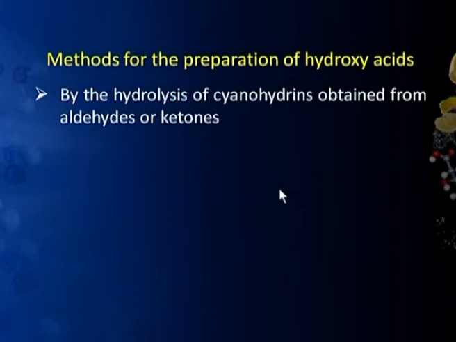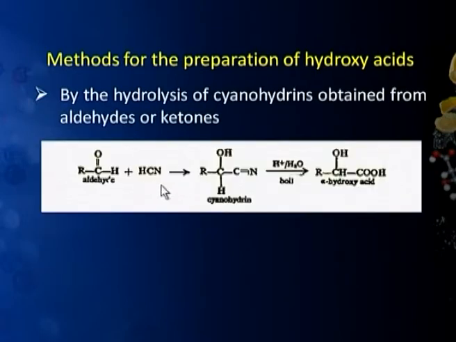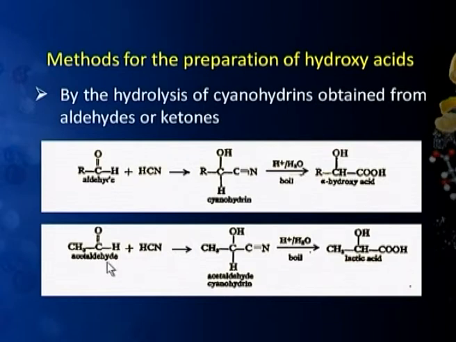We can get these hydroxy acids by hydrolysis of cyanohydrins, and these cyanohydrins are obtained by the addition of HCN to aldehydes or ketones. This is any aldehyde. If we carry out the addition of HCN, H goes to oxygen, CN goes to carbon. These compounds are called cyanohydrins, and when this cyano gets hydrolyzed, we will get a carboxyl group and we get alpha hydroxy acid in this. So, this method is also very specific for the preparation of alpha hydroxy acid. Let us take an example. Acetaldehyde, if addition of HCN is carried out, we will get corresponding cyanohydrin, and this on hydrolysis gives lactic acid.